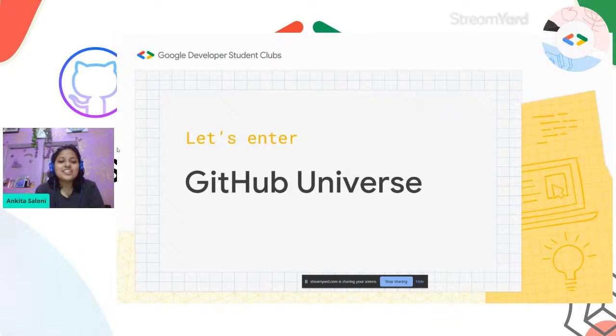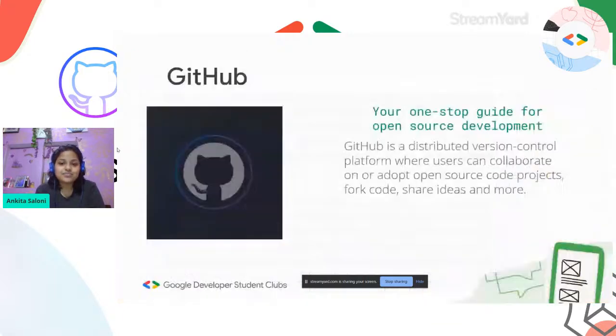So now let's enter the GitHub universe. So first of all, what is GitHub? GitHub is your one-stop guide for open source development. It is a distributed version control platform where users can collaborate on or adopt open source code projects, fork code, share ideas, and more.